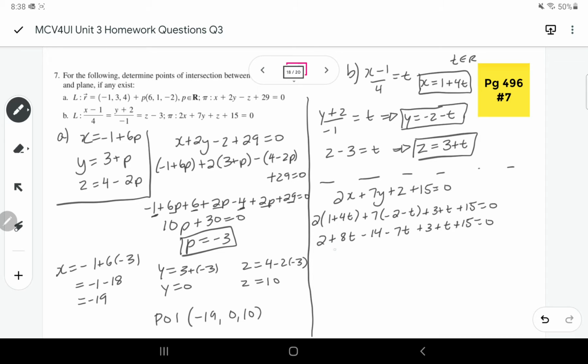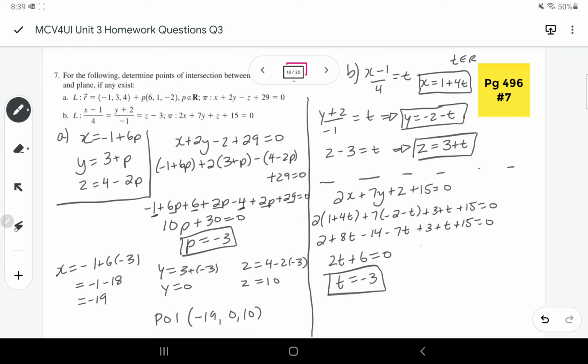And when I collect like terms, I get 2t. And then looking at the number parts, 2 minus 14 is negative 12. Negative 12 plus 3 is negative 9. And negative 9 plus 15 is 6. So 2t plus 6 equals 0. So t would equal negative 3. So that gives me, oh, that's weird that the parameters were both negative 3 in part A